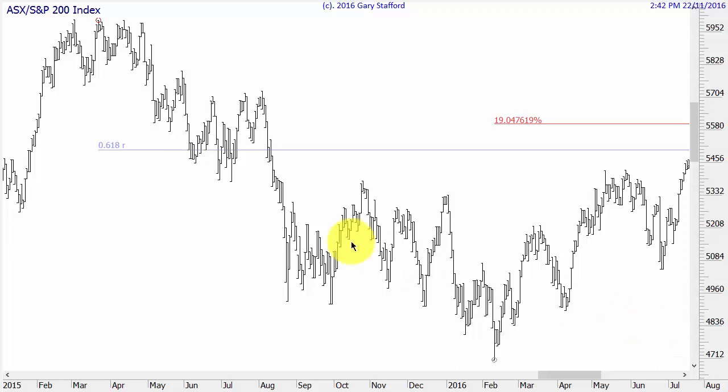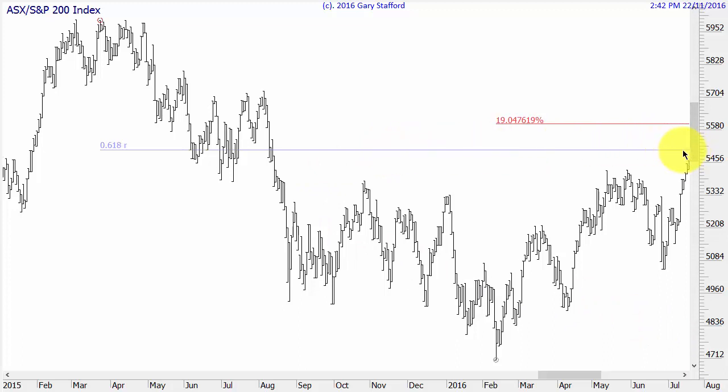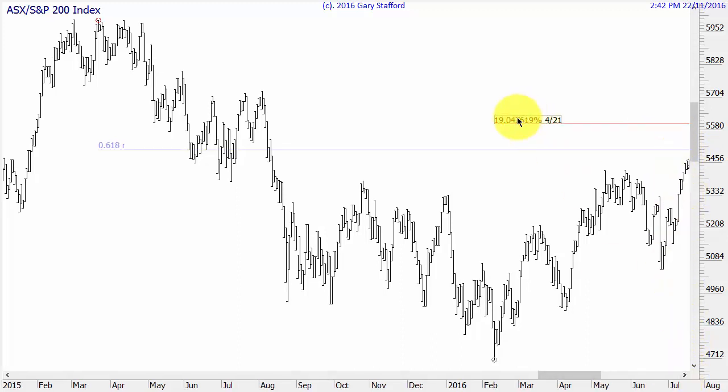Now I actually had a level going back a bit that I said could be a possible shorting opportunity, and then I did a video where I said I'd changed my mind and thought this was the level it might stop out. One of the reasons I decided not to do this trade is because I noticed that it retraced 0.618 between the major high and the major low. This is based on the techniques of a guy called R.N. Elliott, and you might have heard of the Fibonacci series.